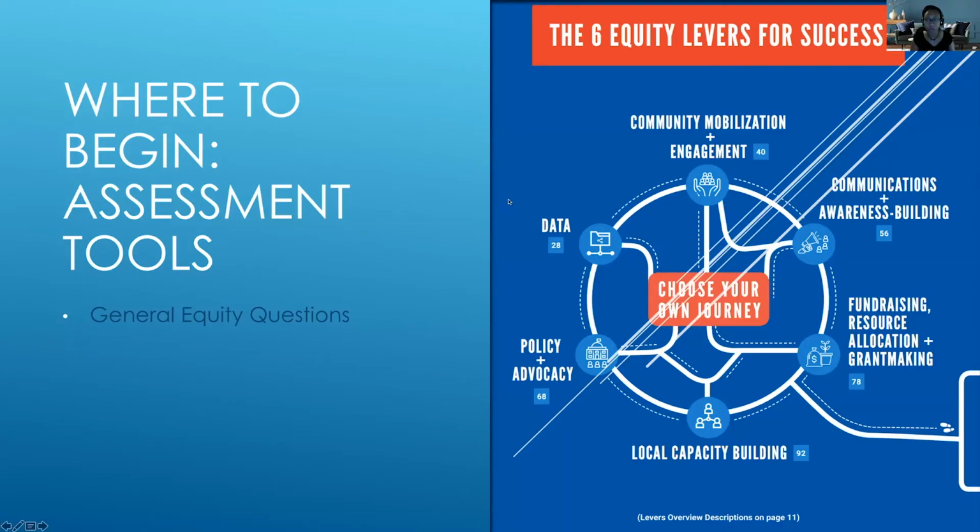General equity questions will be asked based off of whatever committee. Within the equity framework document that I just showed you, they have general equity questions, and then they have specific equity questions that are related specifically to your committee. And it's found on pages 106 through 109.